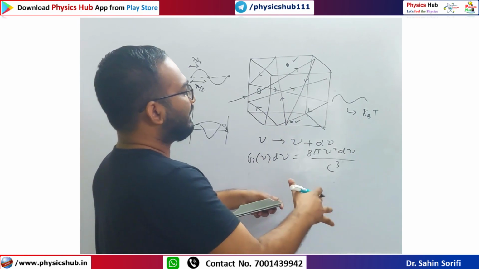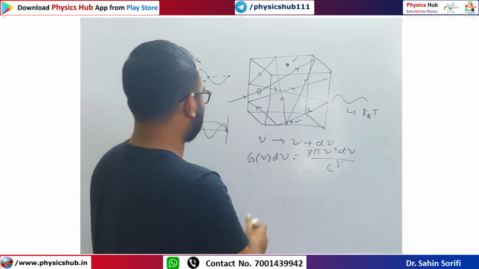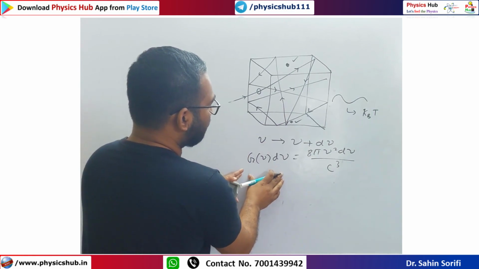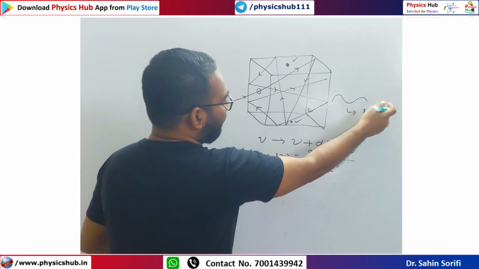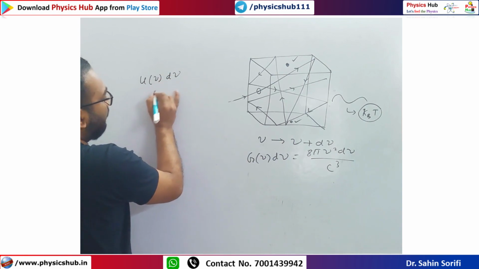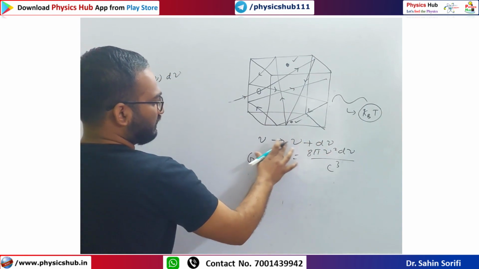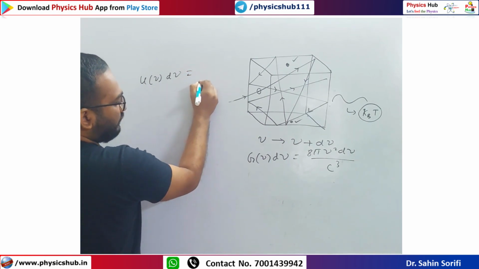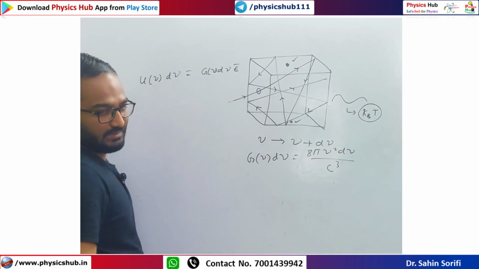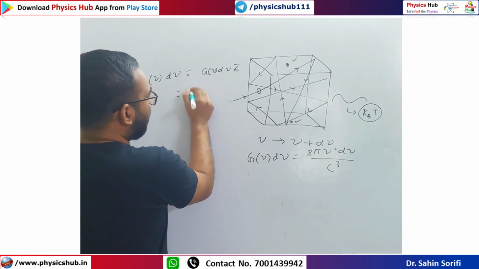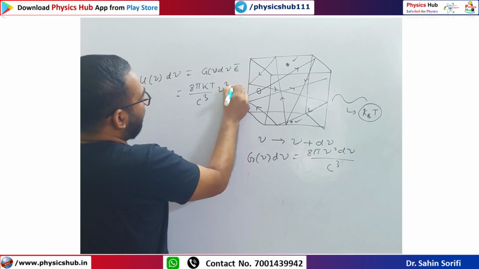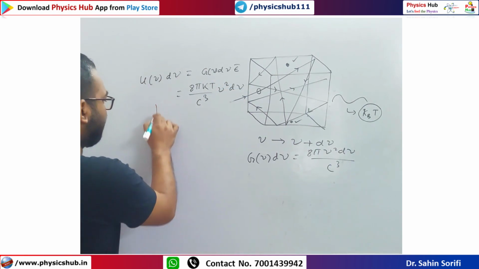Now, what will be the energy per unit volume in this range? This is the number of modes, the number of standing waves you can say, and one standing wave is carrying energy kT. So we can define the energy density u nu, energy per unit volume in this frequency range. What will be that? The number of standing waves into the average energy of each standing wave, that is kT. So this will become 8 pi kT upon c cube nu square d nu,